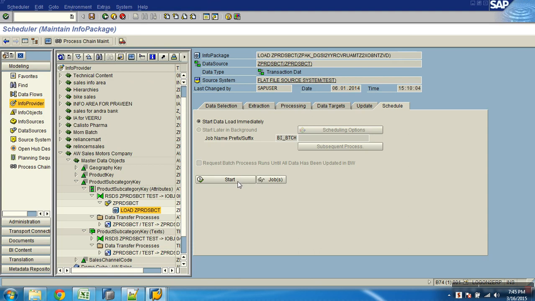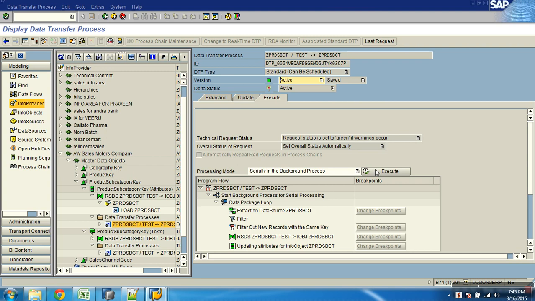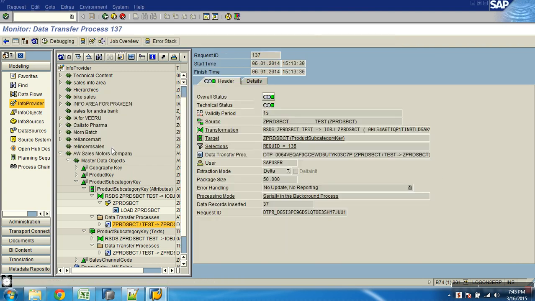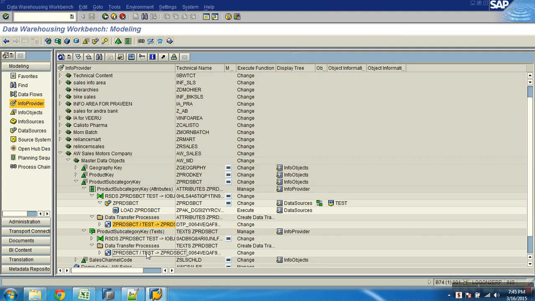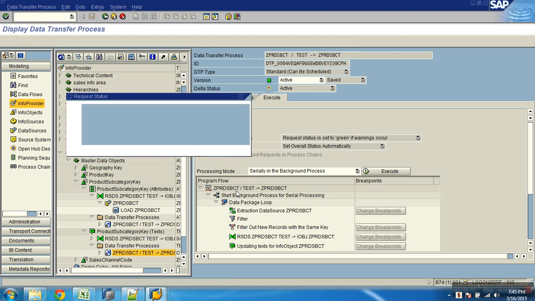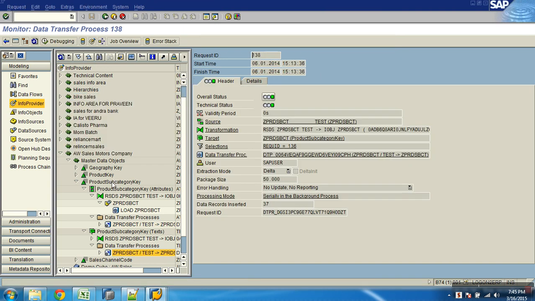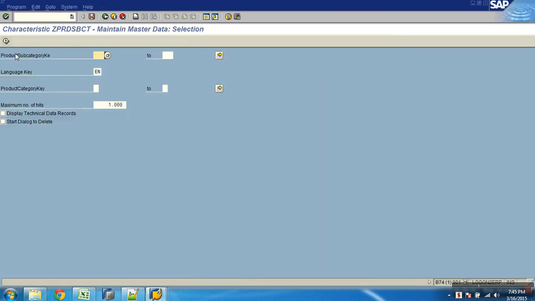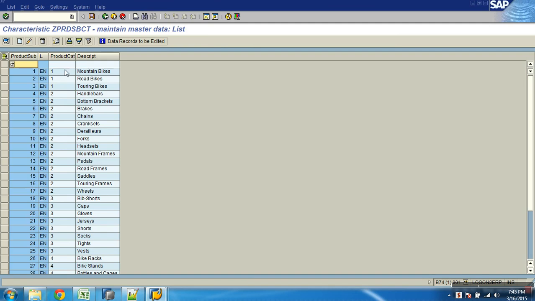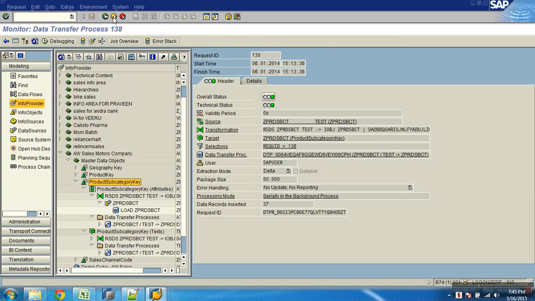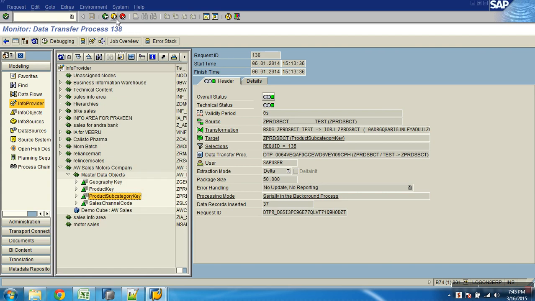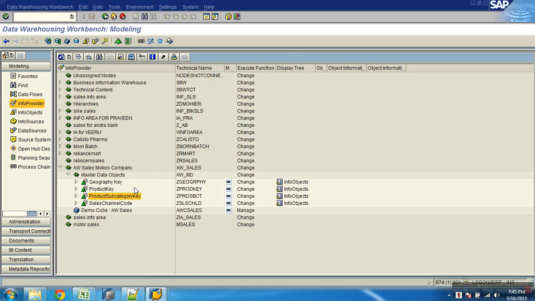Let me just run this out. Then running the DTPs. Then maintain master data. Now we have the values. Okay, done. So this is about loading subcategory, and SID is also generated. All that's normal.